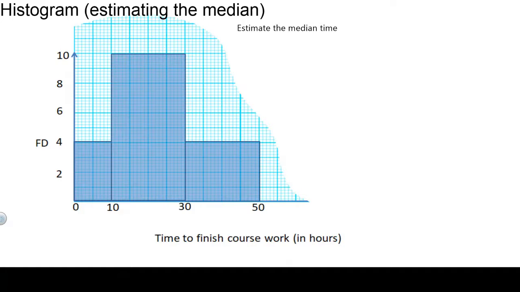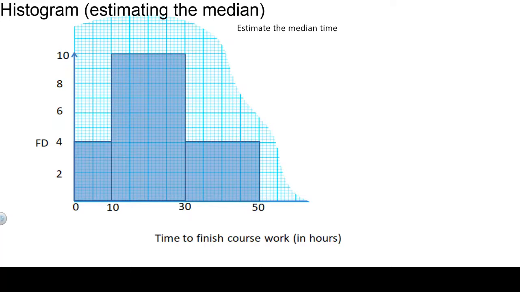This is my second video on estimating the median from a histogram. What I don't have is the grouped frequency table. All I've got is a histogram to work with. So what I really need to do is work out the total frequency represented by this histogram. To do that, I need to work out the frequencies represented by each of the bars and then add to